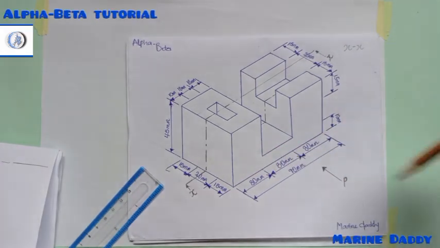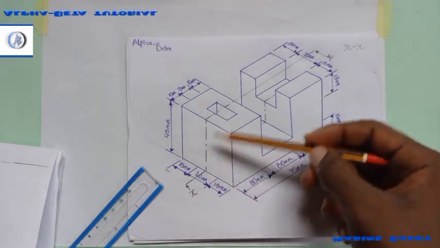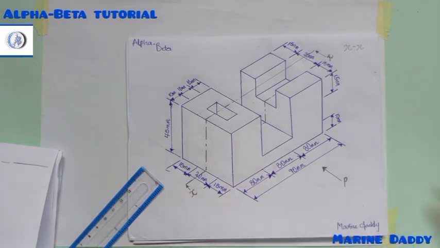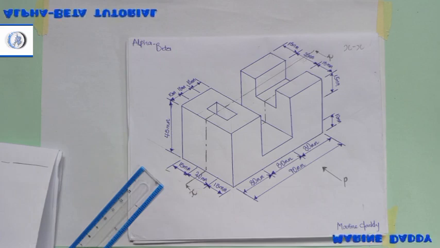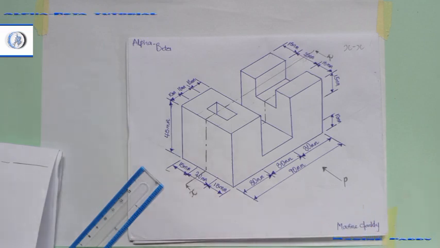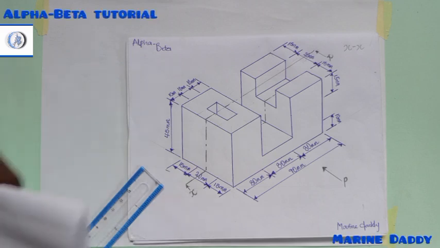Another thing you need to pay attention to, aside from this and this, which is among the rules and regulations, is the wing. There's what we call a wing in isometric drawing, but I'll look for an example that carries a wing, so we'll pay attention to it and learn it. You understand? Now there are other rules again that we need to follow. Let me give us a little